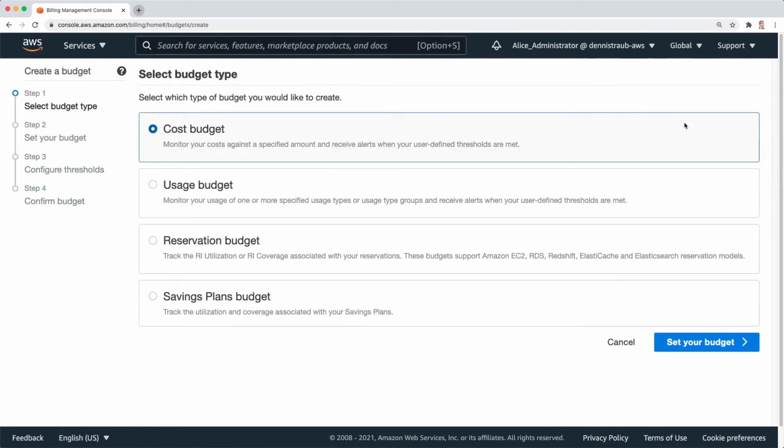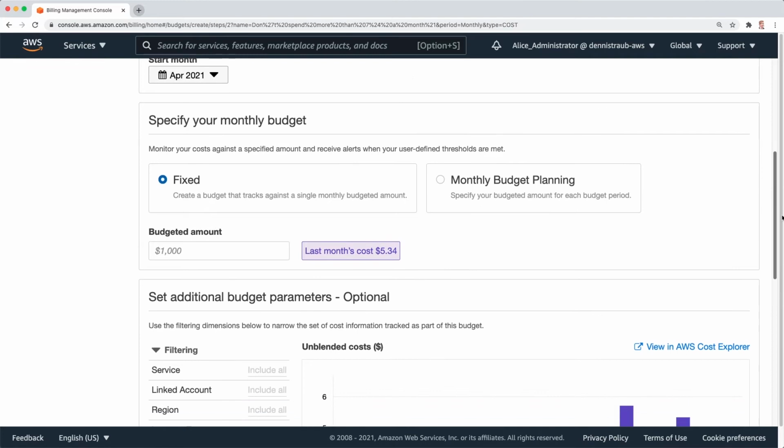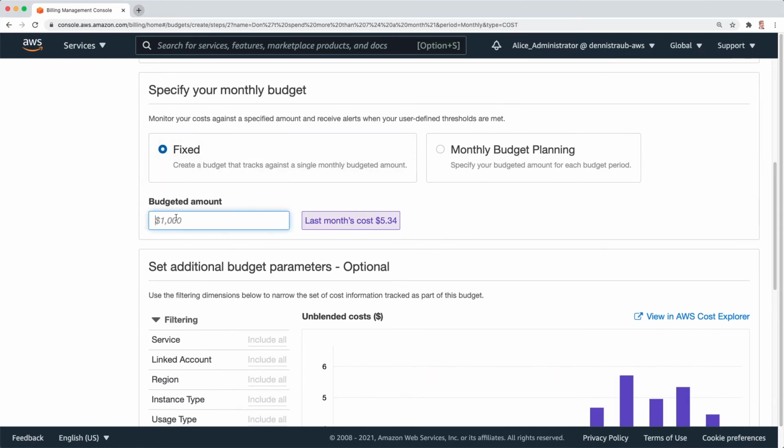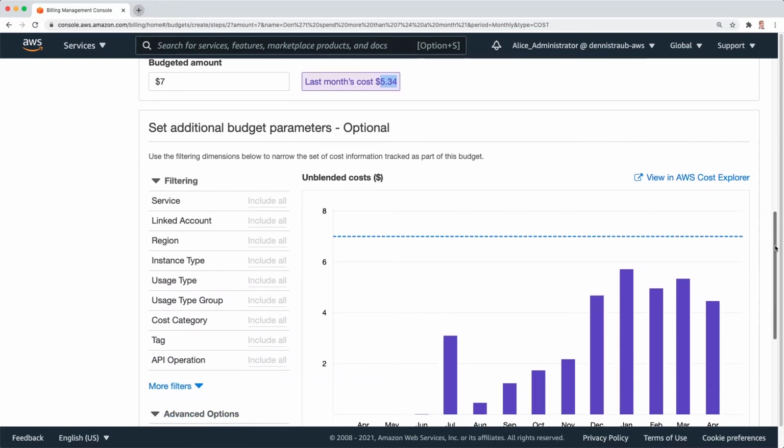And as you can see, we have different kinds of budgets. But what we're going to focus on this time is the cost budget. So we're going to click on Set Your Budget. And now you can give it a name. Let's call it Don't Spend More Than $7 a Month. We have different periods. We can do daily, monthly, quarterly, annually. We'll do monthly for now, and we're going to set it as a recurring budget with a fixed amount of $7. You can see here my last monthly cost was $5.34,